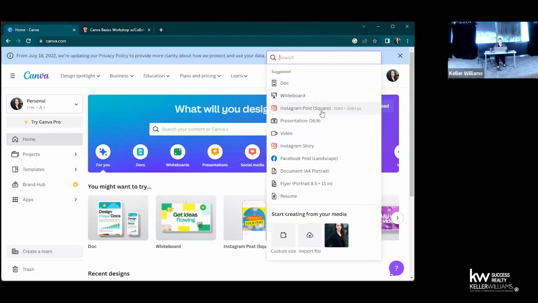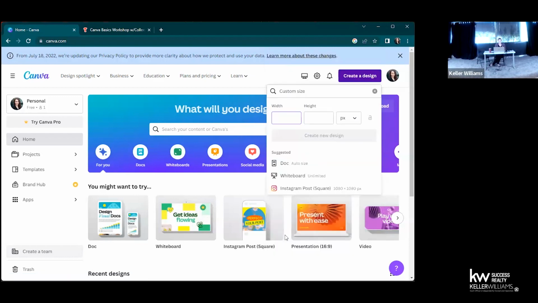The ones I use most regularly are Instagram post. So this is a 1080 by 1080 pixel square. You can also choose specifically by pixel sizes or things like that. So if you ever get a printer who wants something specific, which they normally do, Jennifer's nodding her head as we build signage, and then they're like, we need this bleed and this, and we're like, you know, so you can go specifically for the things the printers need if you're doing things in print by going down to this